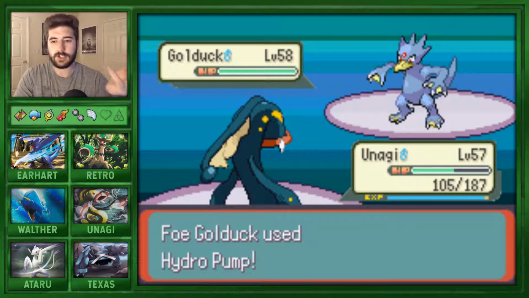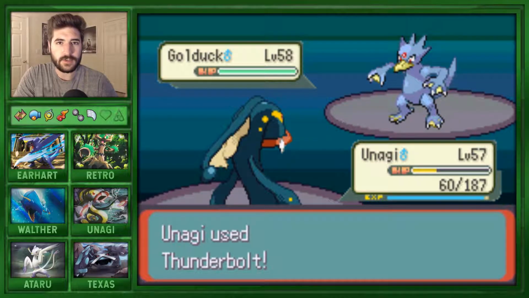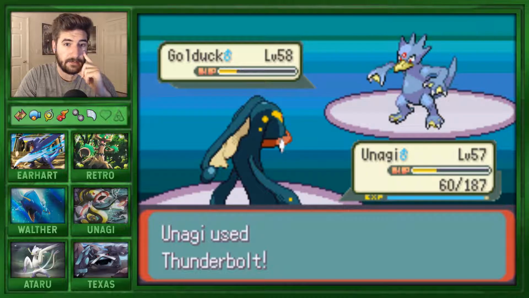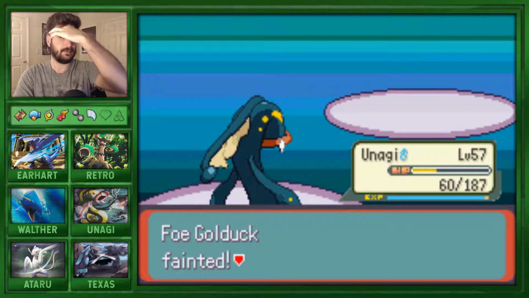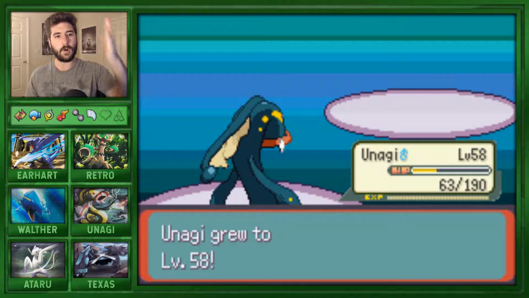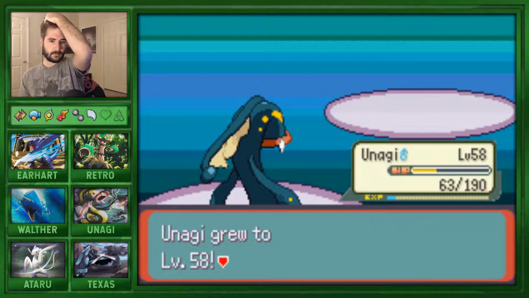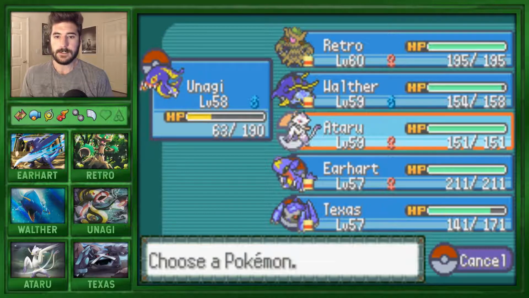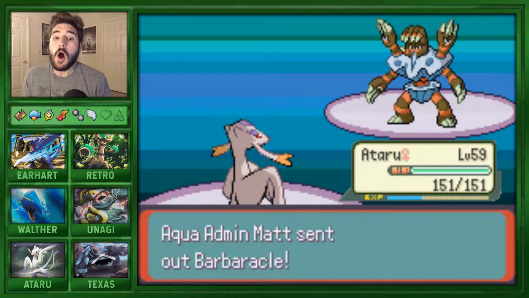Do these guys even watch the anime? Water conducts electricity. You've made my electrical moves more powerful than you could ever imagine. Actually, that's not something that happens in the games. That only exists in the anime. I don't know why they make such a big deal about water conducting electricity when it doesn't even work in the game. Cool. Next Pokemon's going to be a Barbaracle, which I'm going to go into a Taru for because